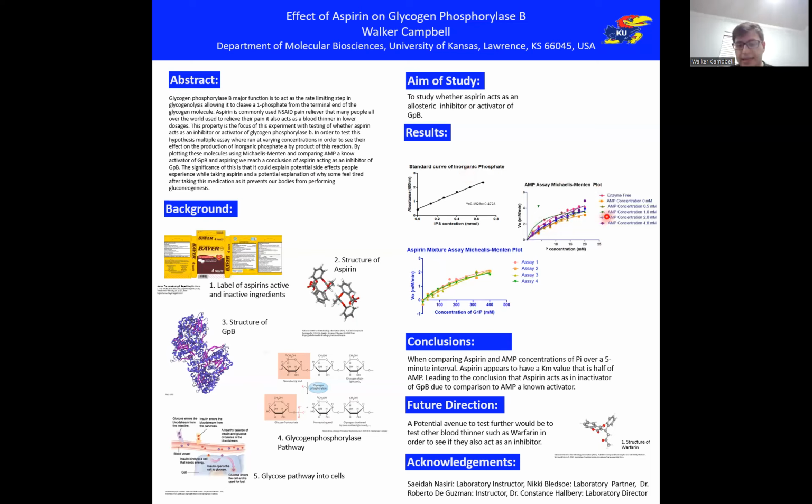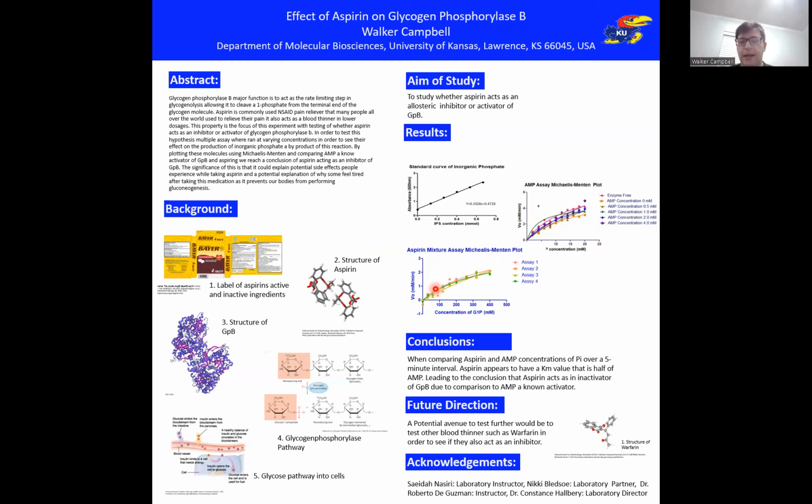First, I wanted to look at AMP, because AMP is a known activator of this reaction, and see how it impacts the reaction. As you can see, it has a relatively high velocity, with a Vmax of approximately 2, maybe 1.9, 1.8. Then to compare it to aspirin, if you look here, when we do aspirin concentrations, you can see a much lower V naught, significantly lower when compared to AMP. Its V naught is relatively right above 1, probably around 1.1.